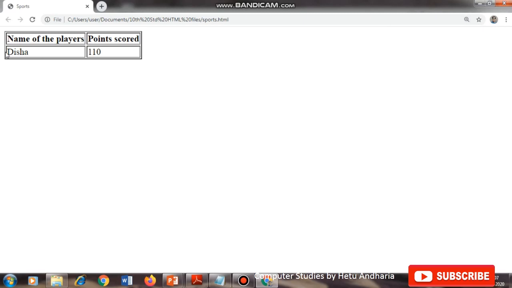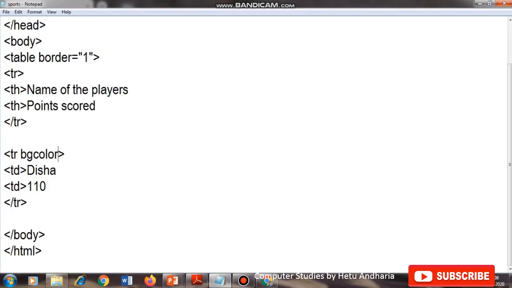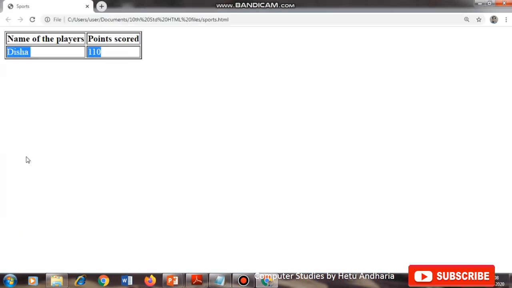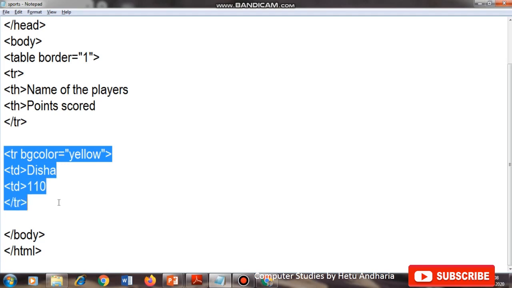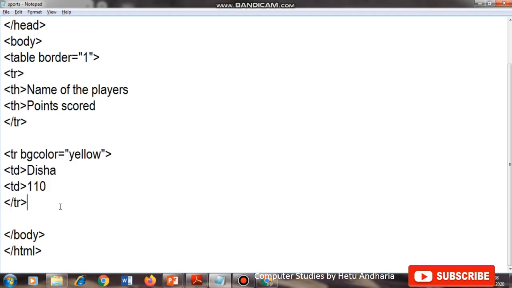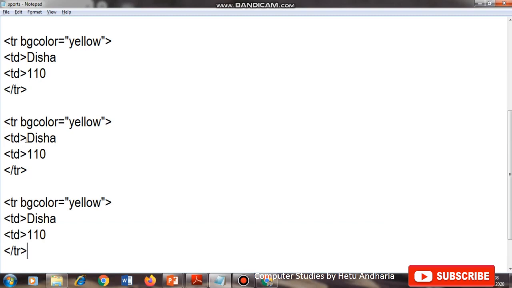Now I want to change the color of this row. So inside this tr I will type bgcolor equal to yellow. So you can see this color has been changed. Now the next tr, I don't want to change the color. So I will copy and paste this first. For the second one, I don't want to change the color, so I remove this.